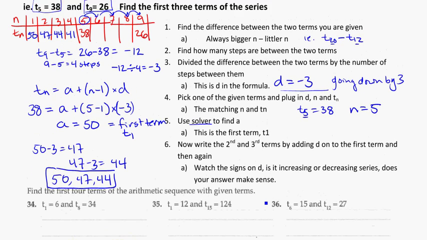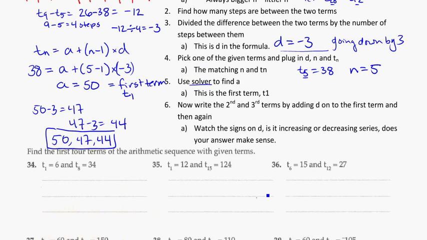I'm going to do one more example for anybody who needs it. So find the first four terms in the arithmetic sequence with the given terms. You'll notice this example here is actually a bit different. Because they've given you the first term, you actually know what a is equal to. Remember that t1 is also equal to a, so a is equal to 6. So you can think your way through this one. It'll be a slightly different setup. But again, if you imagine what's going on,